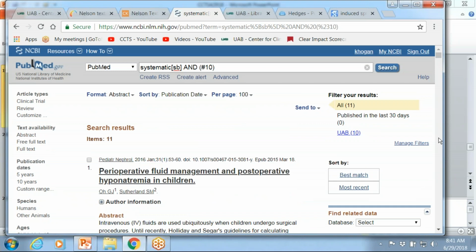So one thing, do most of you have My NCBI accounts? Okay. Does anyone have a My NCBI account? Dr. Jackson, Dr. Sack, I know. If you don't, it's a really good thing for you to go ahead and set up, okay?